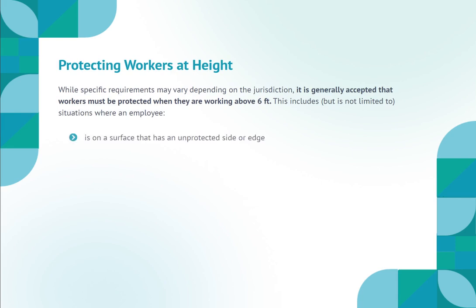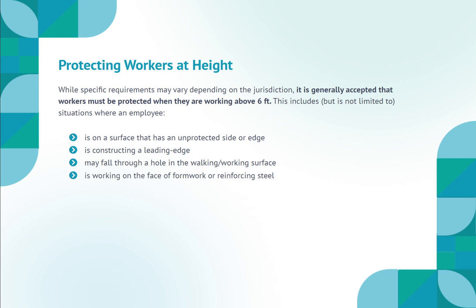While specific requirements may vary depending on the jurisdiction, it is generally accepted that workers must be protected when they are working above 6 feet. This includes, but is not limited to, situations where an employee is on a surface that has an unprotected side or edge, is constructing a leading edge, may fall through a hole in the walking or working surface, is working on the face of formwork or reinforcing steel,